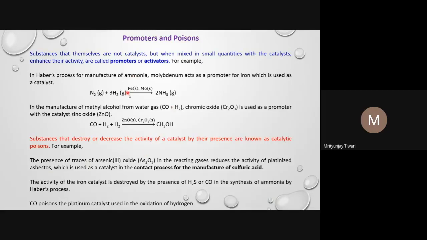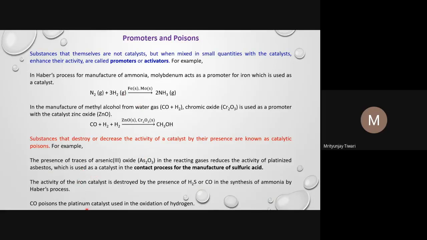In the Haber process, we see the use of an iron catalyst, but its activity is reduced or destroyed by the presence of carbon monoxide or hydrogen sulfide. If hydrogen sulfide or carbon monoxide is there with any of the reactants, the gaseous source that we use for the hydrogen and nitrogen, these impurities destroy the activity of the iron catalyst. So H2S or carbon monoxide are poisons for the iron catalyst